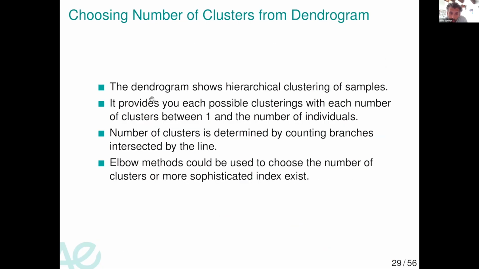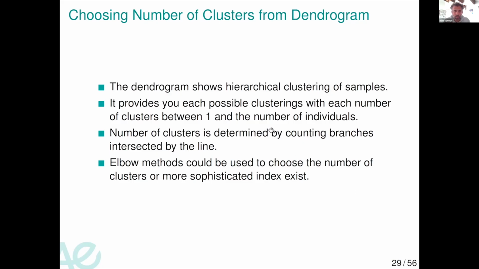As I said, the dendrogram shows the hierarchical clustering of the samples. You have all possible clusterings, starting with one cluster to the number of individuals as number of clusters. You could choose the number of clusters that you want by counting the branches that are intersected by a horizontal line. And you could also use an elbow method to choose the number of clusters, or there are more sophisticated